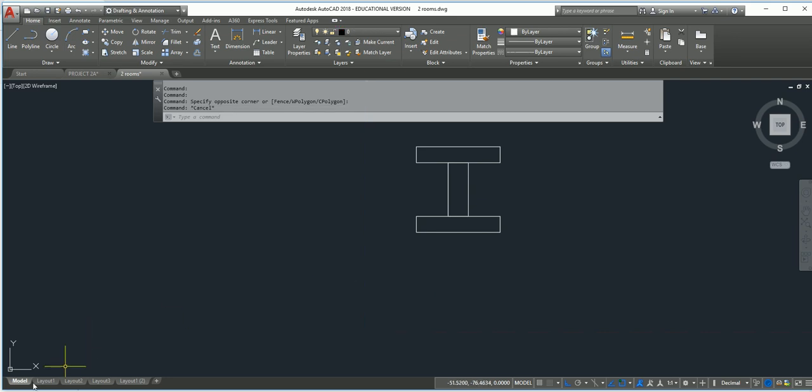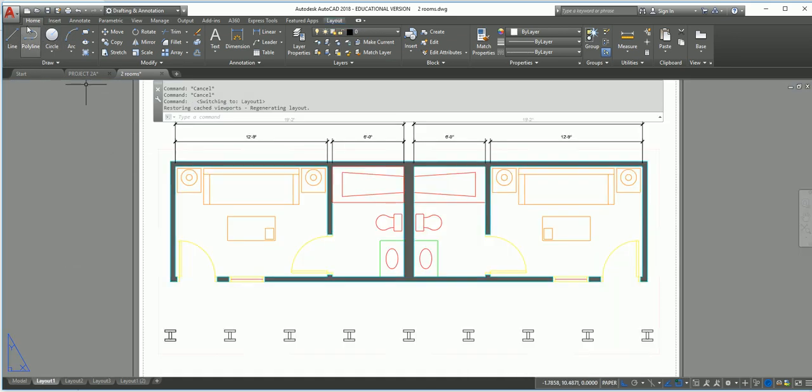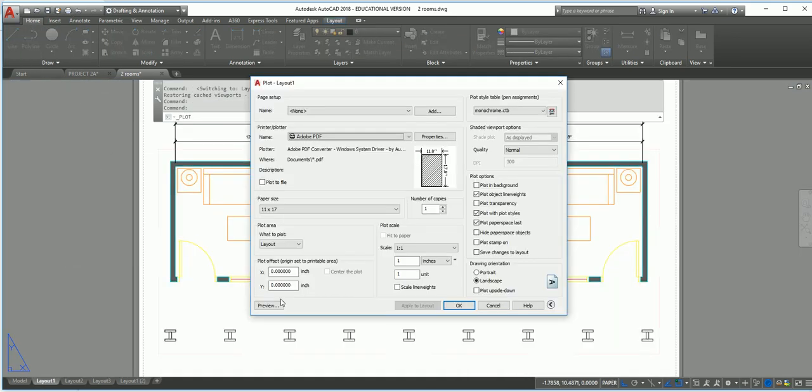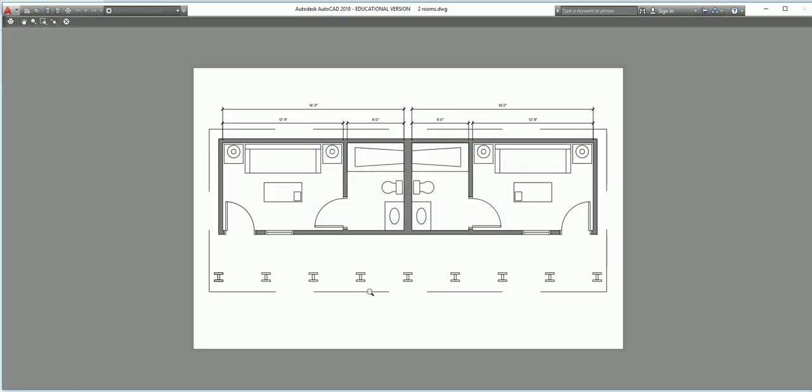But if I go and I print and I preview it, it's still the same thickness. So that's just a visual aspect. It's not actually a printed aspect. So you have to be careful that you don't set that to be transparent and think it's going to print transparently. It's not printing transparently. It's going to print solid. So when you do the hatch and you make it screen 50%, basically when you plot,